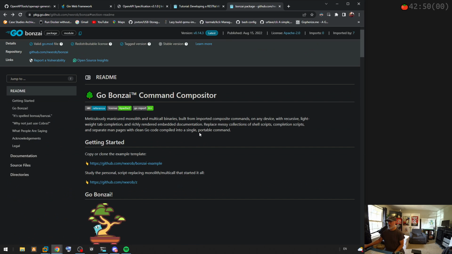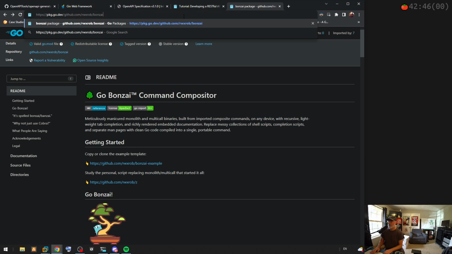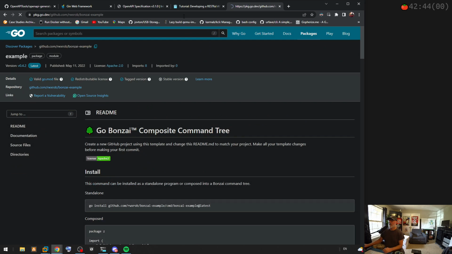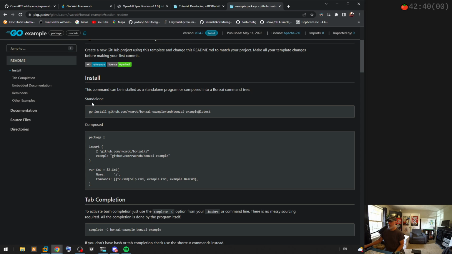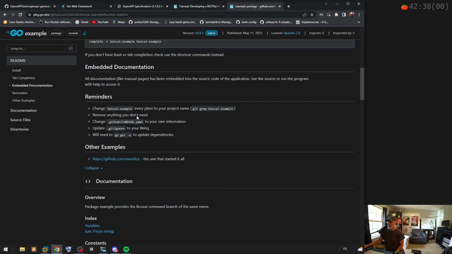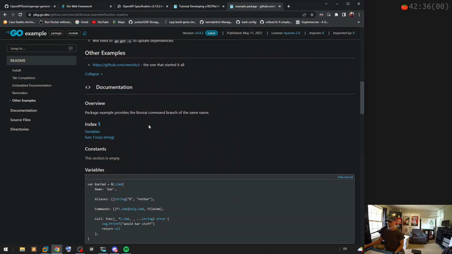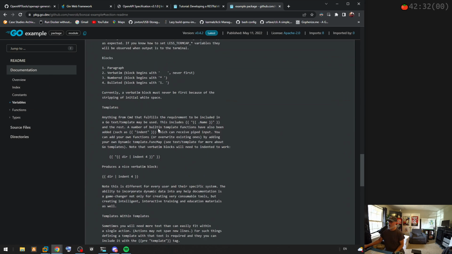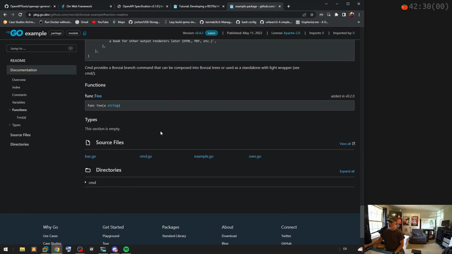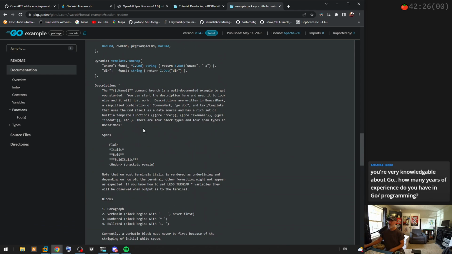I'm trying to find bonsai example. Let's do that. I'm just curious to see. So here's the installer. Tab completion, collapse, the Z command, variables, index, foo function. This is a commander, so it doesn't play nicely with function-based examples, but the library itself does. So let's go to bonsai